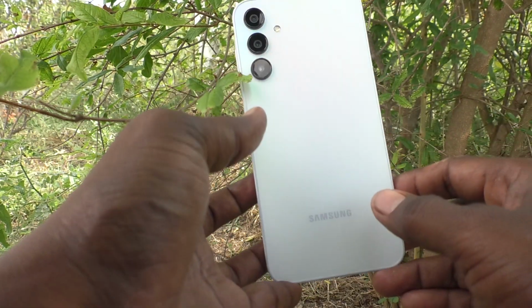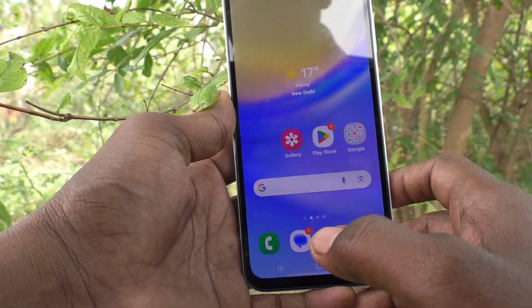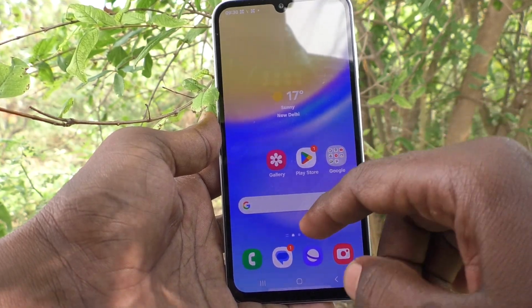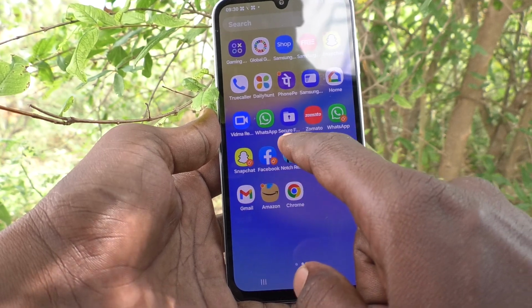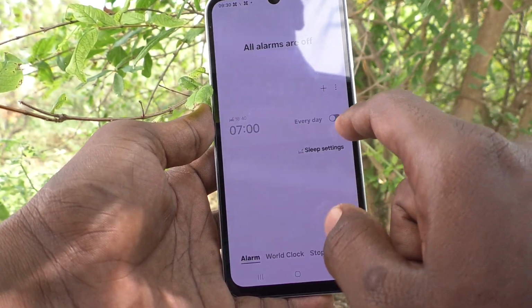Here is Samsung Galaxy A15 smartphone. In this video, you will learn how to change snooze timing in your phone Samsung Galaxy A15. First of all, go to home screen of your phone and go to clock icon. Go to clock and here